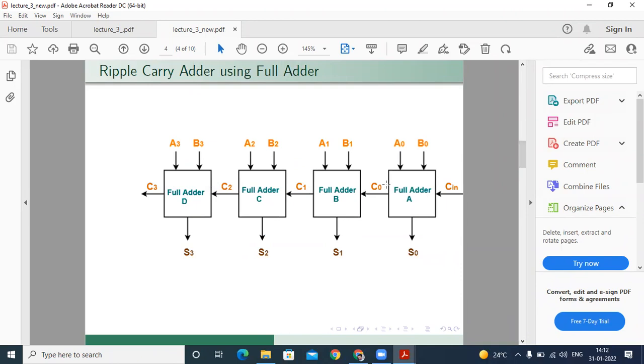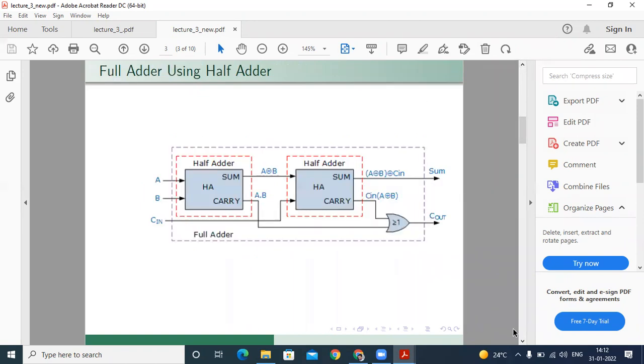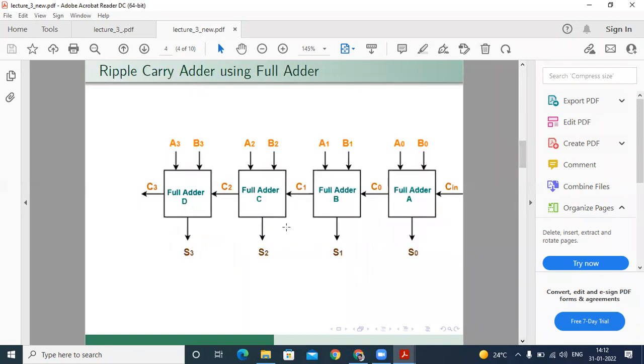Here we use the first full adder, then the second full adder, and third and fourth. Sequentially using these full adders, we can develop our ripple carry adder. You can see this in the lecture. Otherwise, we can take one more lecture for the same.